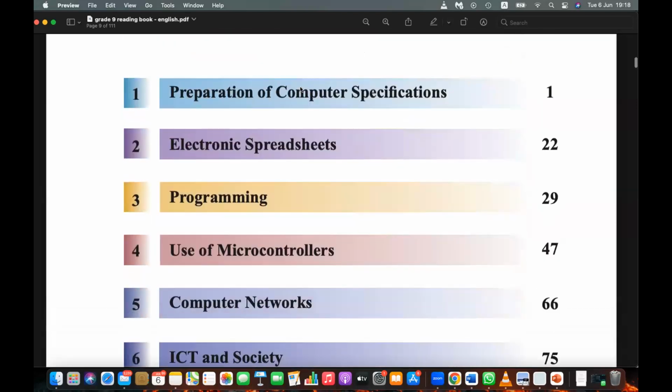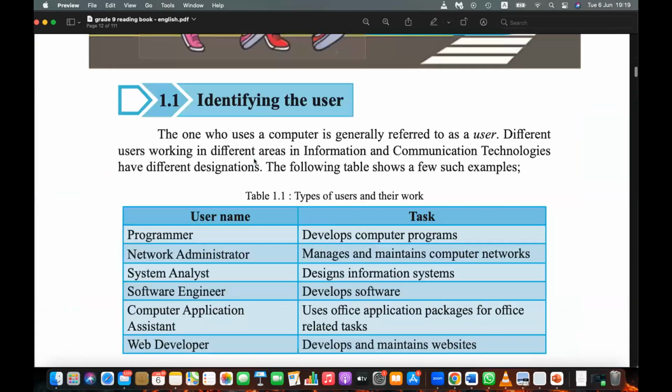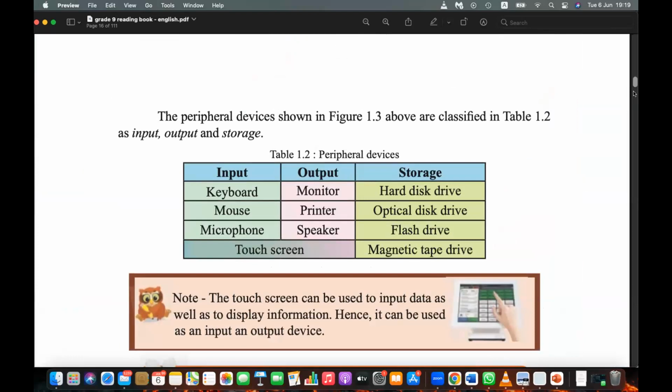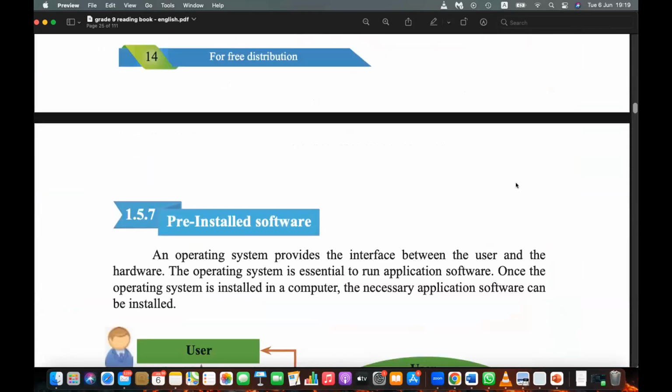If anyone joined later and missed the previous lessons, don't worry. Go to the LMS and watch the videos from the beginning. If there are any doubts, come back and ask in the class. Now, today's lesson is about microcontrollers. This is an interesting lesson and also a practical lesson like the previous one. We have to do a lot of activities. You have to commit to this, right?